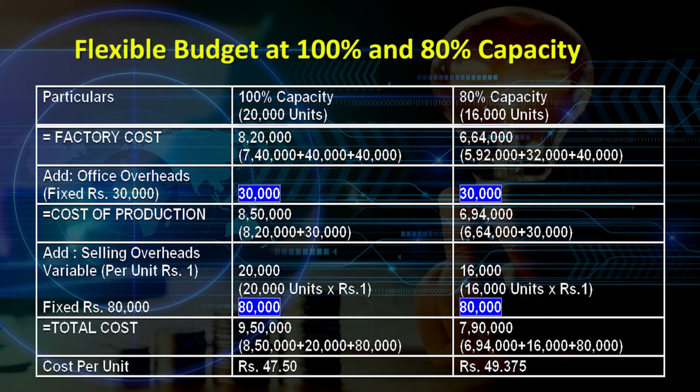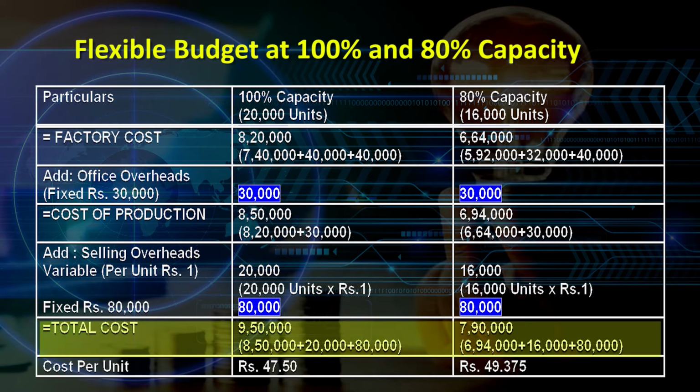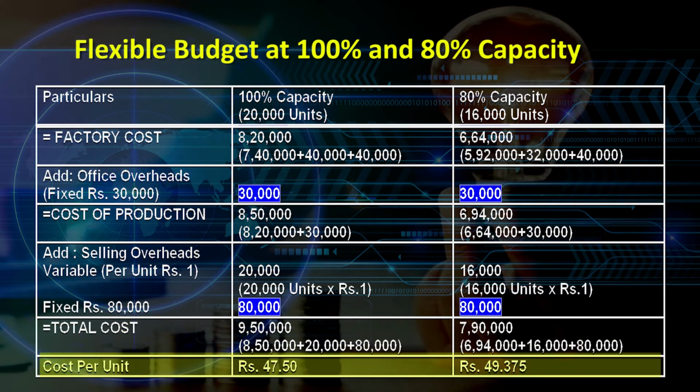Now, this gives us the total cost. The total cost therefore, for 20,000 units calculates to rupees 9,50,000, and for 16,000 units it is rupees 7,90,000. We can also calculate the cost per unit. So 9,50,000 rupees divided by 20,000 units, the cost per unit will be rupees 47.50. Whereas for 16,000 units, the cost per unit calculates to rupees